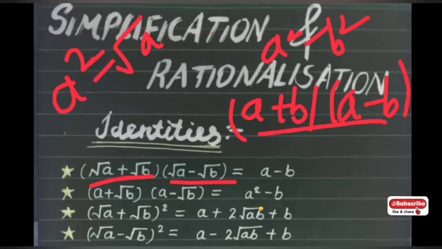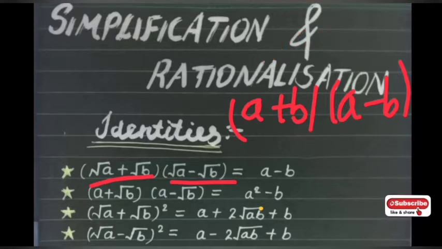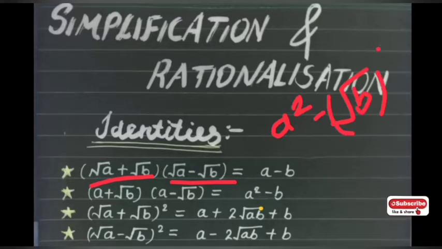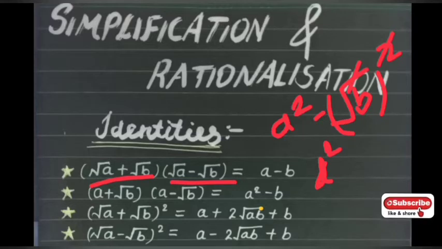Over here we are taking a square minus root b square. Using that formula, it would be a square minus root b square. So a square will be a square as it is, but root b and the square will get cancelled and you will get just b. Why am I telling you the derivation? Because if you forget the identity, just learning or mugging up these formulas will not help. So you must know how we can derive them.